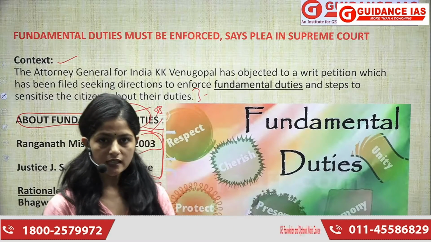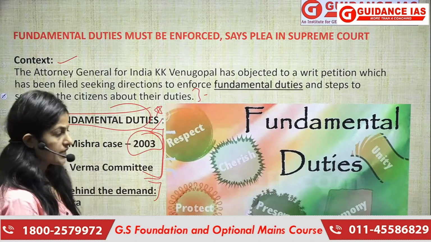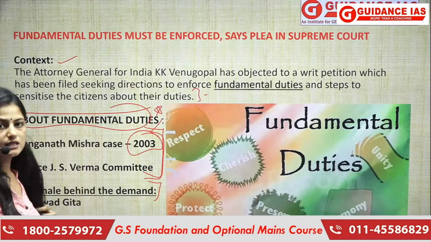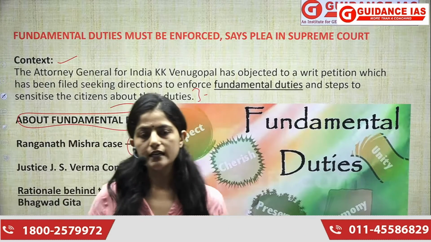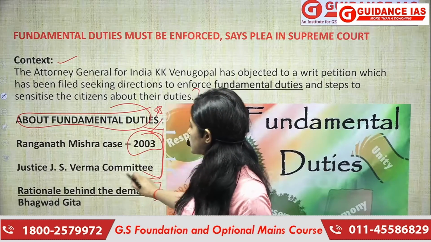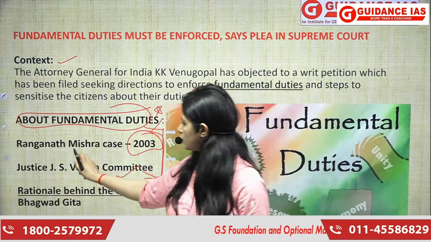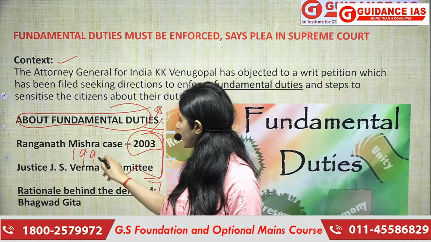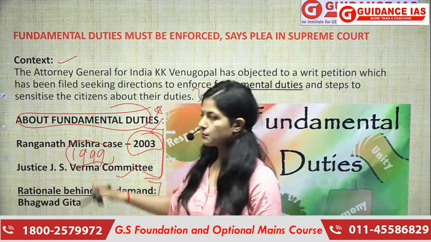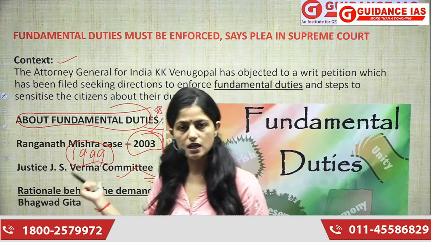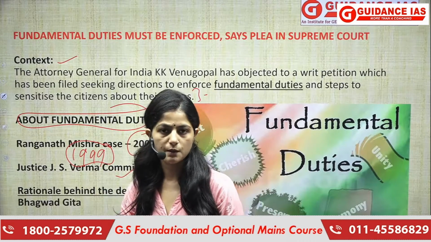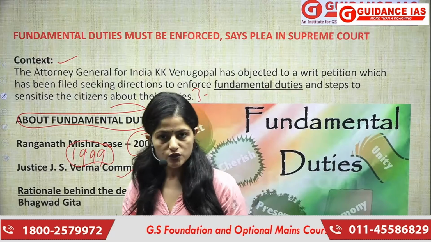So it is not that we never talked about legality. To give them a legal status, we talked about it. Similarly, in the next judgment, which is Justice J.S. Verma Committee of 1999, we again talked of giving them a legal status. So these are the two examples you can quote in your mains examination whenever a question is being asked